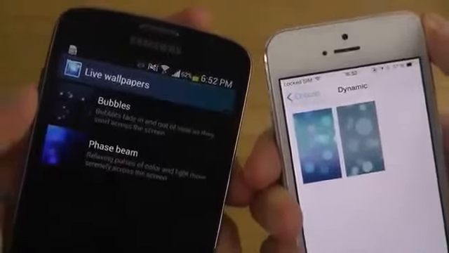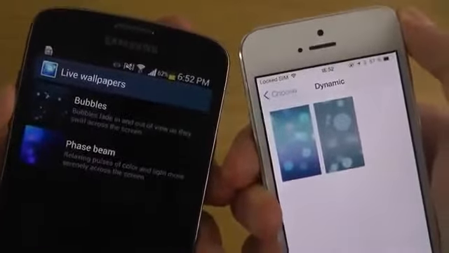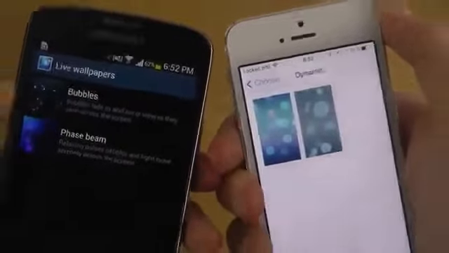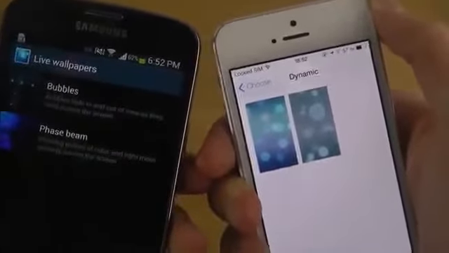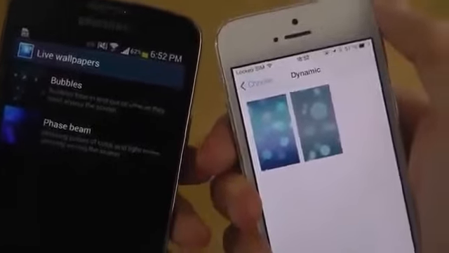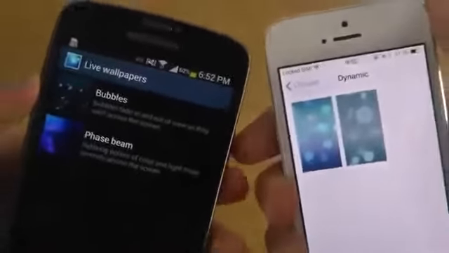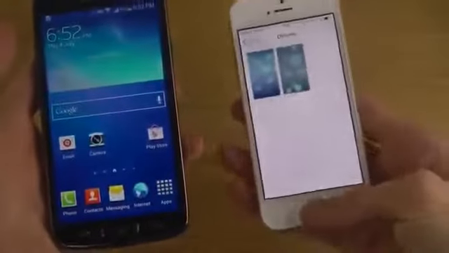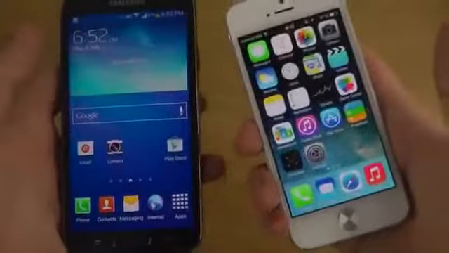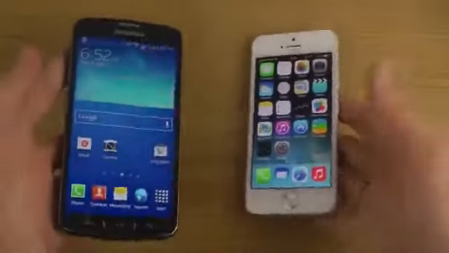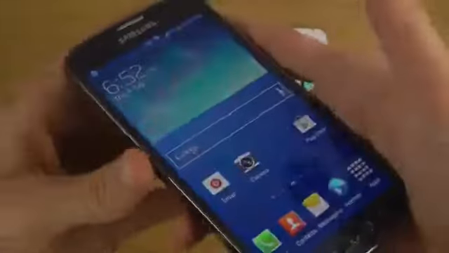Both have two bubble live wallpapers, which I find pretty funny, and both are bubbles moving around. I don't really get that thing. I think that the Galaxy Nexus from last year was the first one with that, but I can't tell if it would show. And of course, it's very, very easy to customize your Android device more here with more live